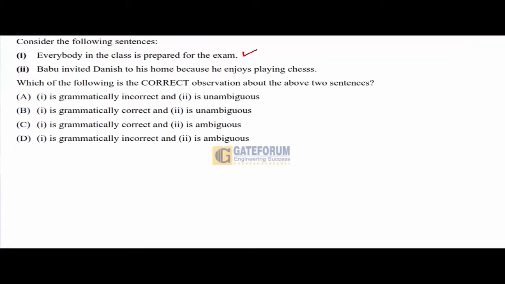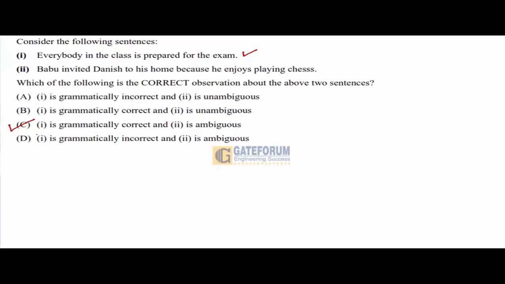Nobody has given a very clear indication as to what he is. It could be Danish as well as it could be Babu. So I can say that the second statement is not an exactly unambiguous statement. It is indeed full of ambiguity. So I would say that in this case, statement C would be the correct one, because number 1 is grammatically correct,